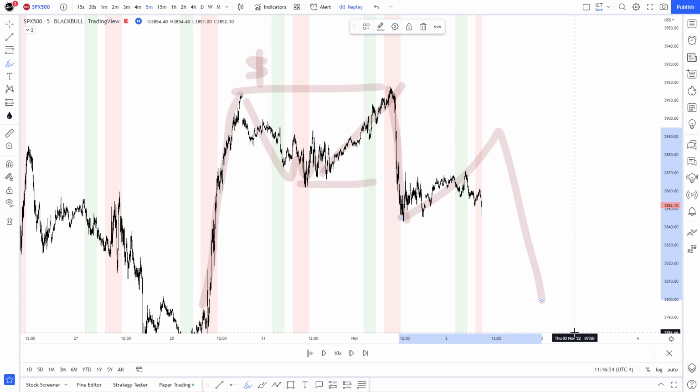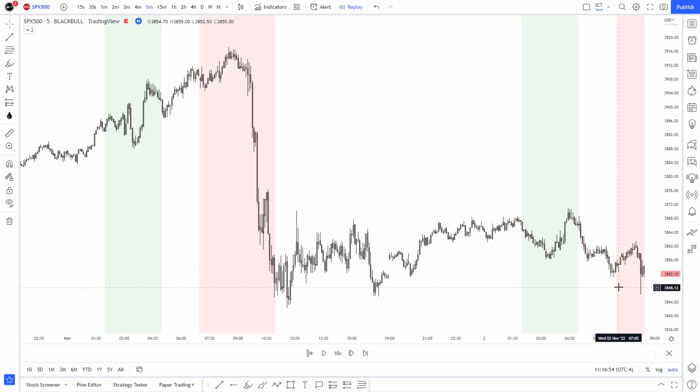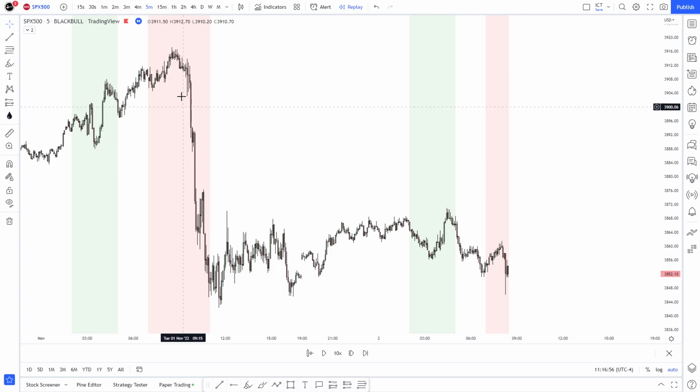Could we look into the daily, then the 4-hour, then the 1-hour? We could definitely do that. Am I going to do that here? No, because we just want to check out the pre-market analysis. So I do see this, quite an aggressive move. This is a range, this is a consolidation.